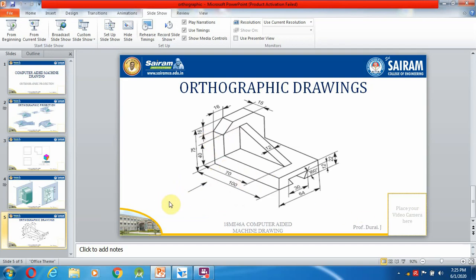So in this front view, while seeing from here, we can see the L shape, as well as this inclined one. While projecting this inclined one towards the picture plane or vertical plane, this edge comes as a straight line. And also this triangle part we can see in the front view.